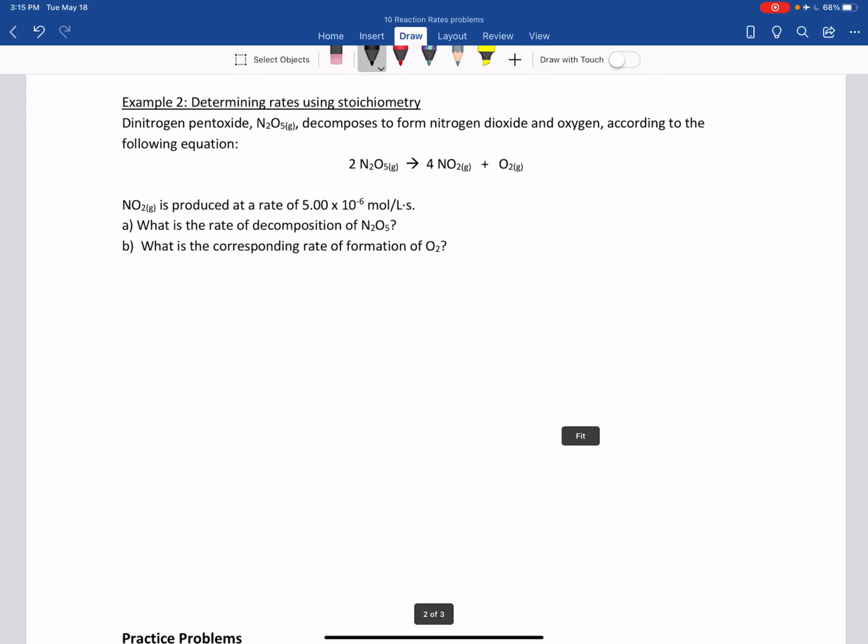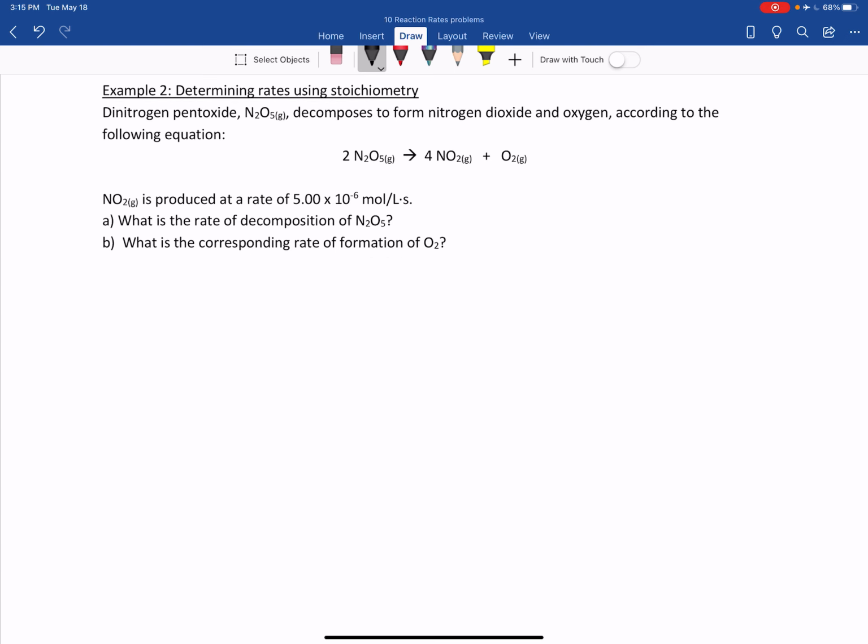So we'll wrap up with one more example here using that more complex one, using the stoichiometry technique. So we're given a balanced chemical equation in the middle, and we're told that nitrogen dioxide is produced at 5 times 10 to the power of negative 6 moles per liter per second. So what is the rate of decomposition of N2O5? So here's where you'll use stoichiometry because you have the rate of one substance and you're looking for the rate